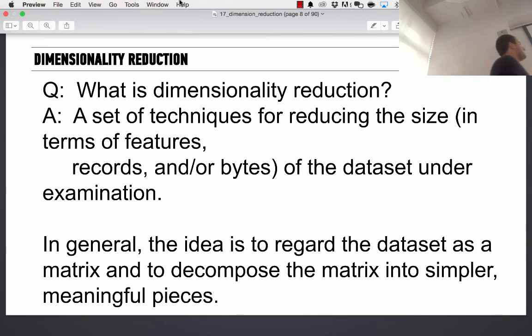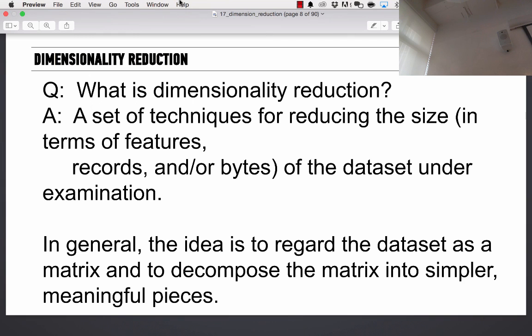In general, the idea is to regard the data set as a matrix, which at this point is not weird to us because data sets, data frames, are row-column structure. We regard it as a matrix, and then we decompose the matrix into smaller, simpler, meaningful pieces. Which brings me back to dimensionality reduction being very much dependent on our features being continuous. Why?